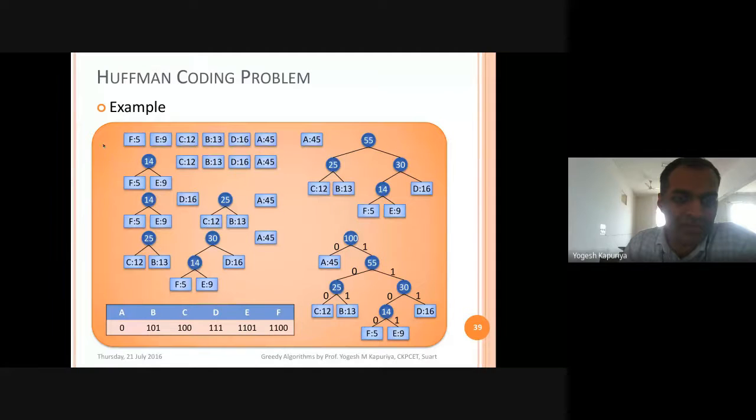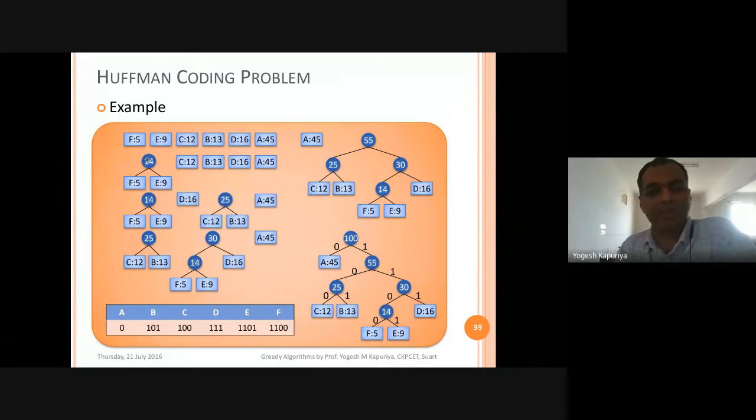Now in step number 2, what you will do is find the 2 letters or 2 alphabets or 2 characters with the minimum frequency. So if you see the entire tree together, then the 2 letters with the minimum frequencies are F and E. So that will be fetched out, and then you will create one intermediary node.